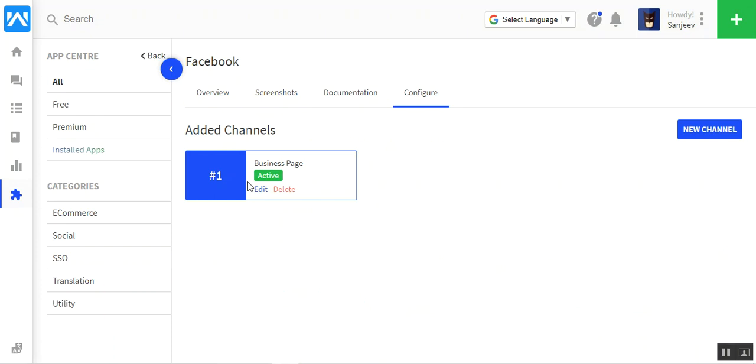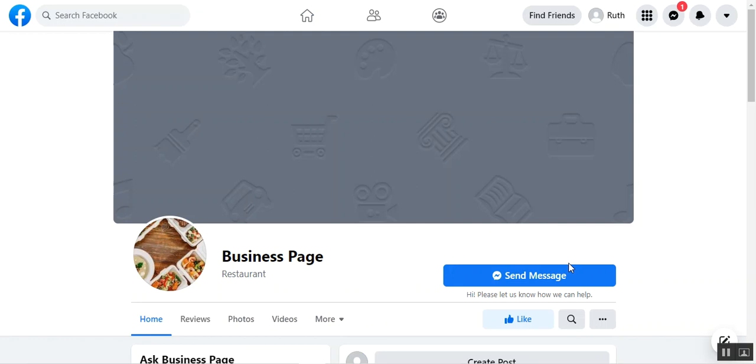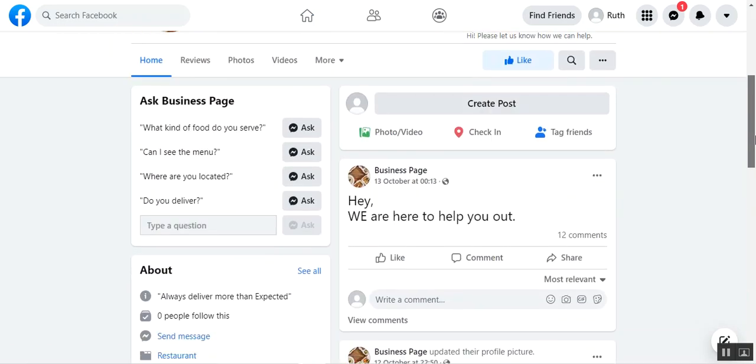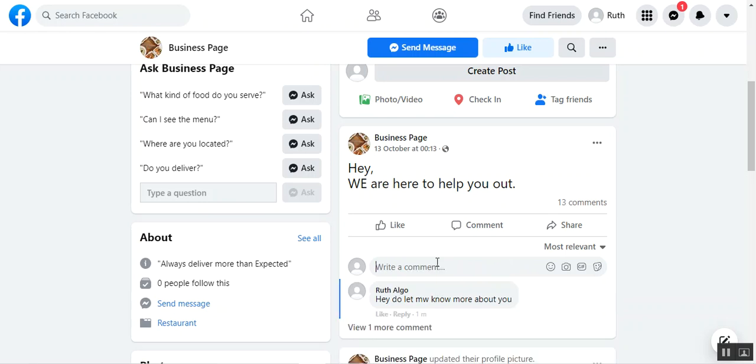In the further video I am going to show you the work performance of the same, like how the comments, feeds and posts get converted into the ticketing section. For that I have also created another Facebook account. Here is my other Facebook test ID, and over there I have searched out that business page. Here it is, and I am going to write a comment on the same page. Just enter.